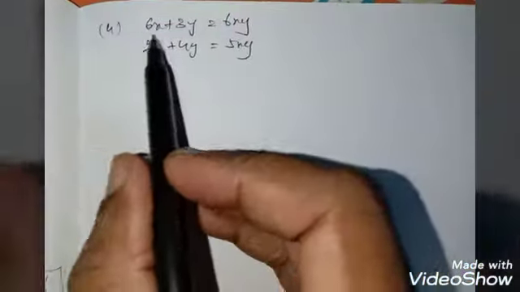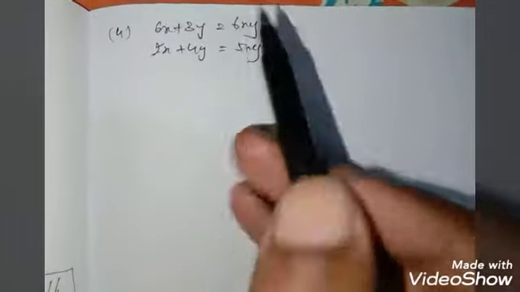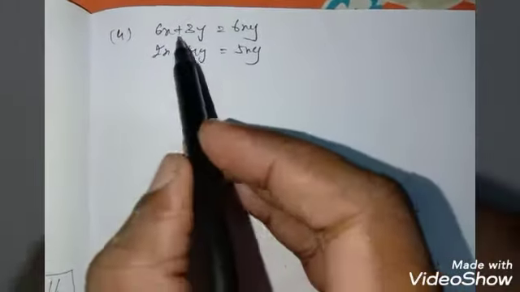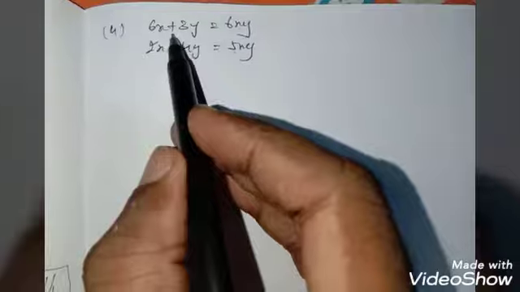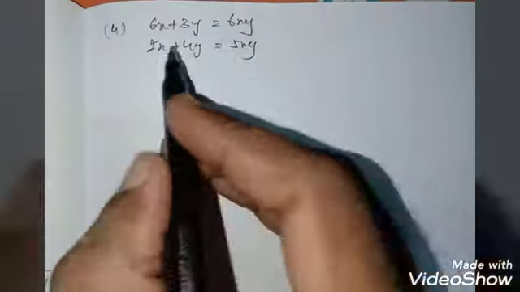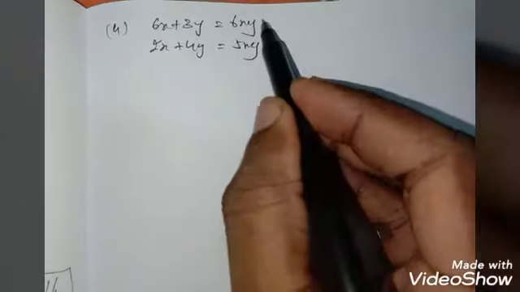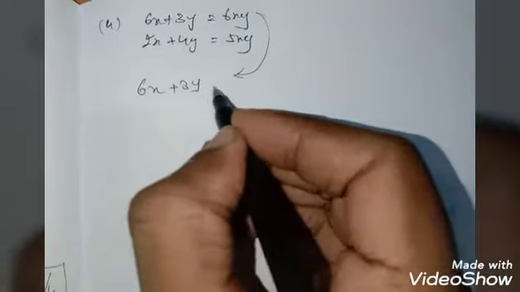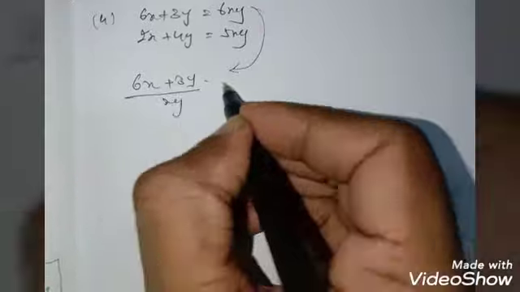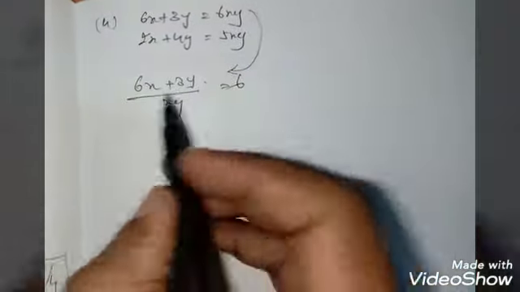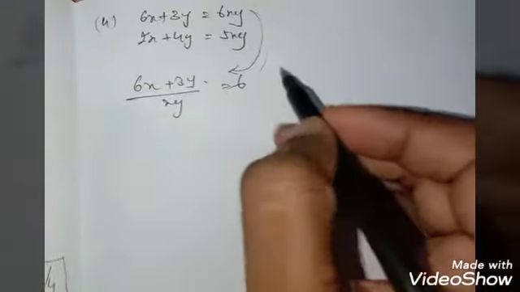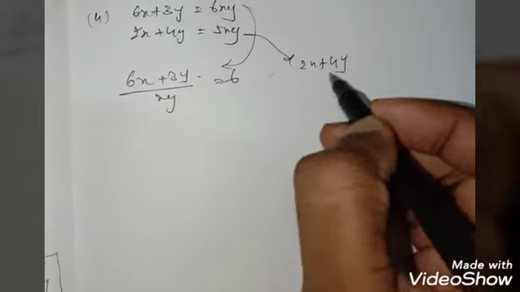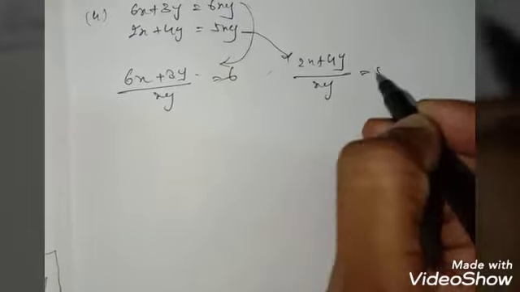Now coming to your fourth one, it is somewhat different, as we have already done these types of problems in your second one. So here the fourth question is given as 6x plus 3y is equal to 6xy. So I can write this equation as (6x plus 3y) divided by xy is equal to 6. Means I am dividing by xy here. So same in the case of the second one. So the second one I can write as (2x plus 4y) divided by xy is equal to 5.